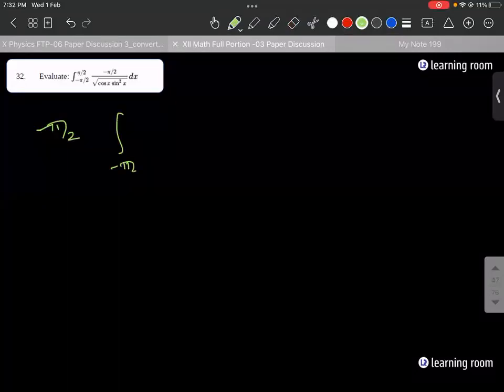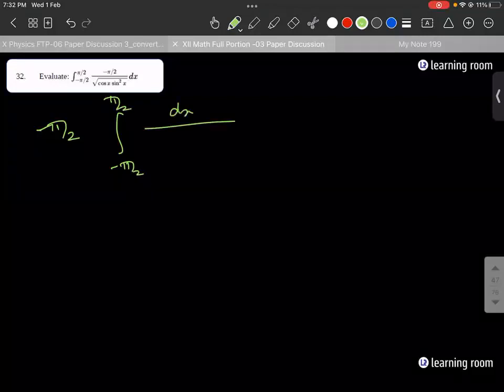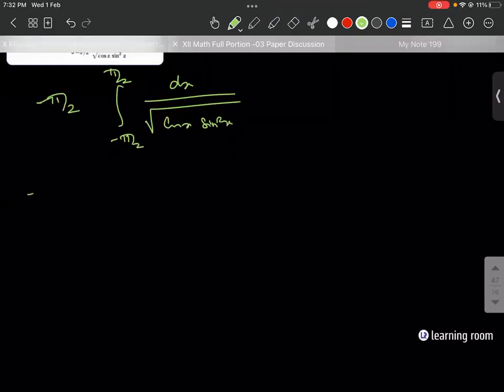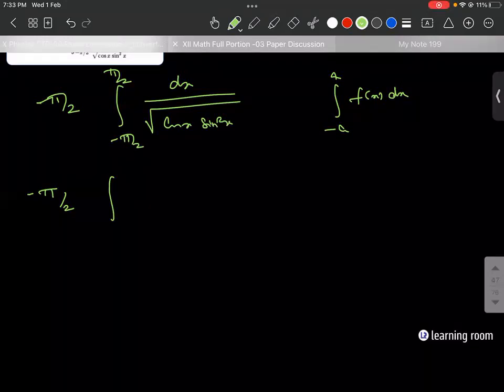Minus pi by 2 into integral of minus pi by 2 to pi by 2 dx divided by root of cos x into sin square x. Correct? Yes, sir. See, when you have integral of minus a to a f of x dx, you will check something, right? What is it? You'll check whether it is even or odd. Yes, sir. So if you check f of minus x, that comes out to be f of x. It's an even function. So when it's an even function, you will write